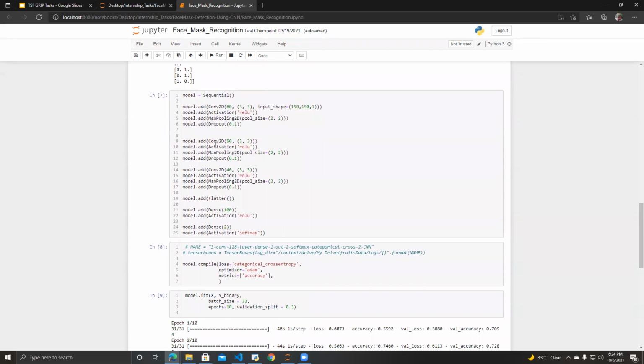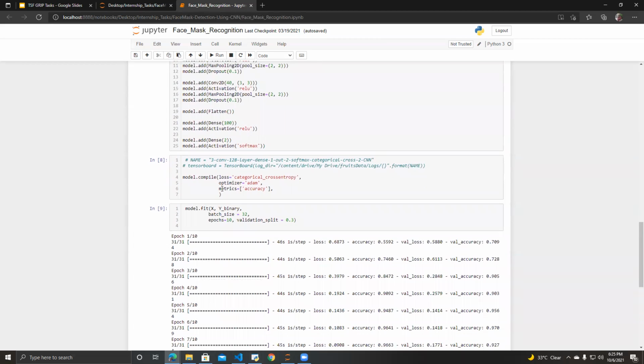So this is our neural network architecture, which has multiple layers, and we have a softmax function at the last layer, which will predict whether there is a mask or no mask in the image.